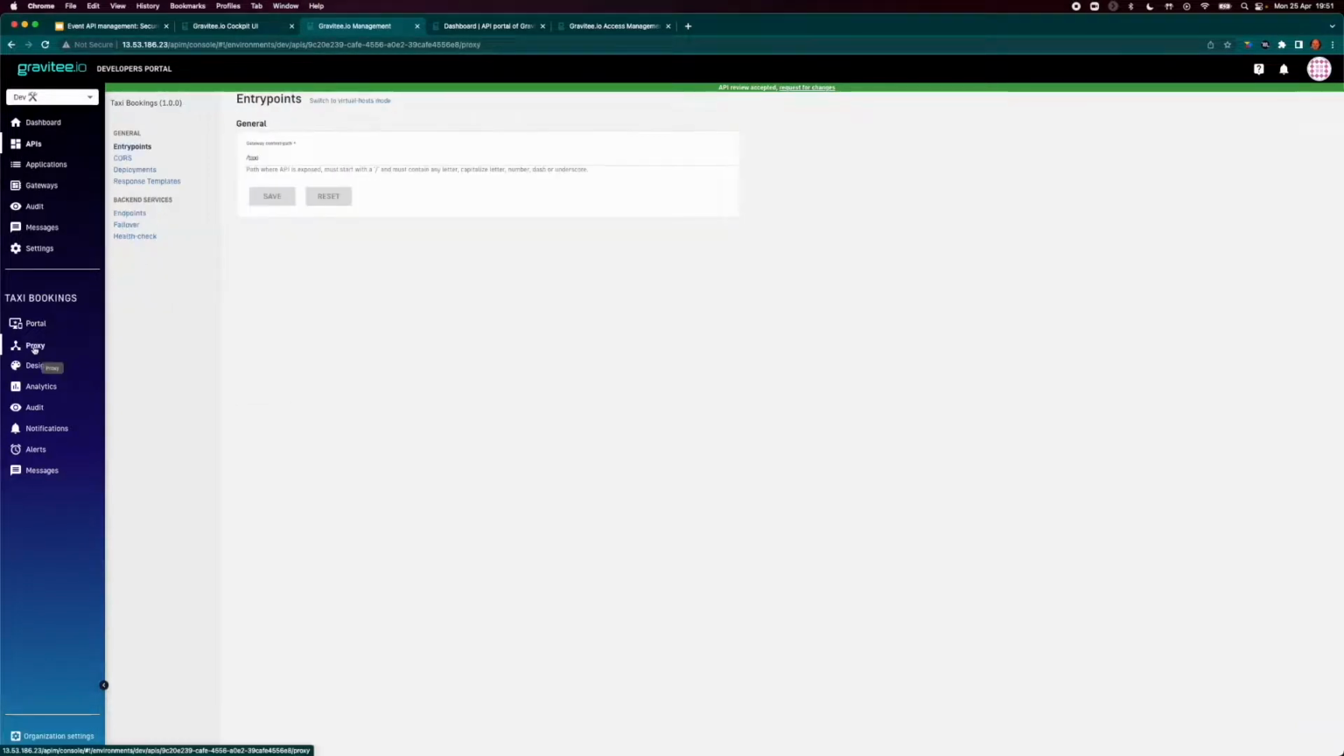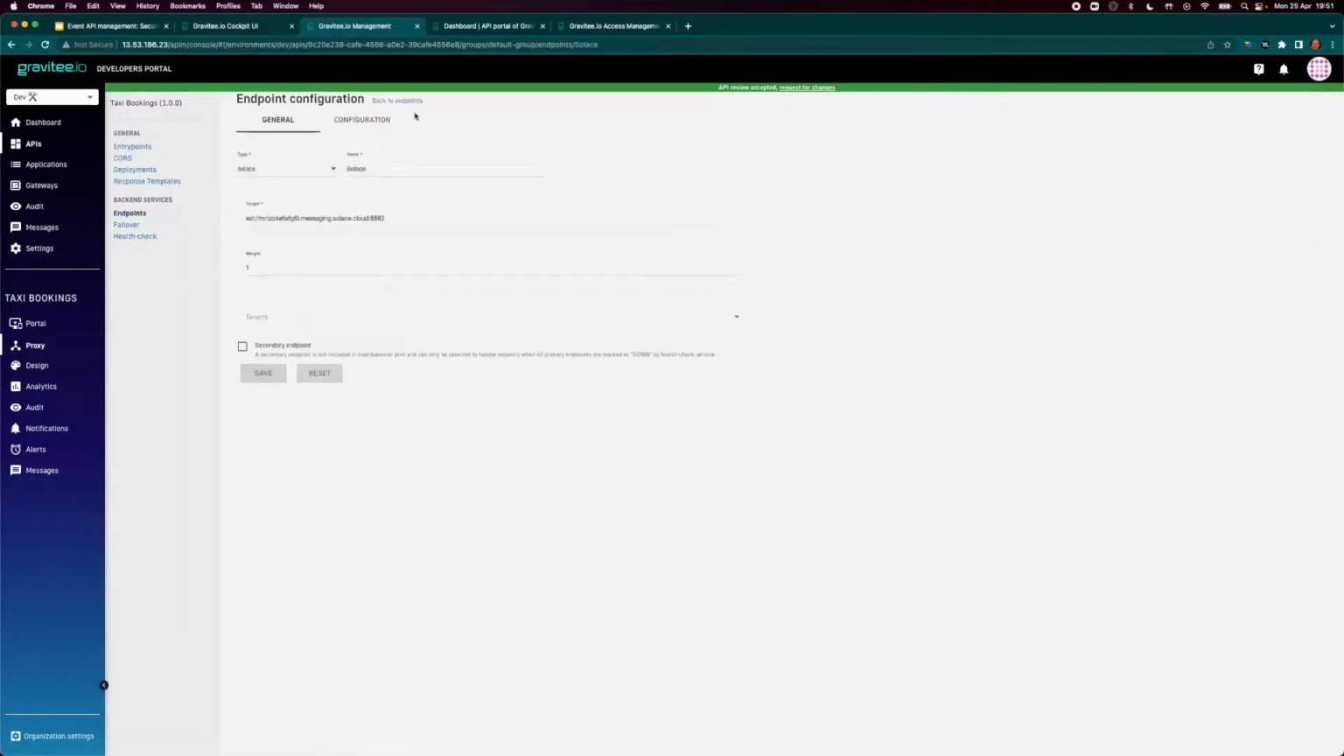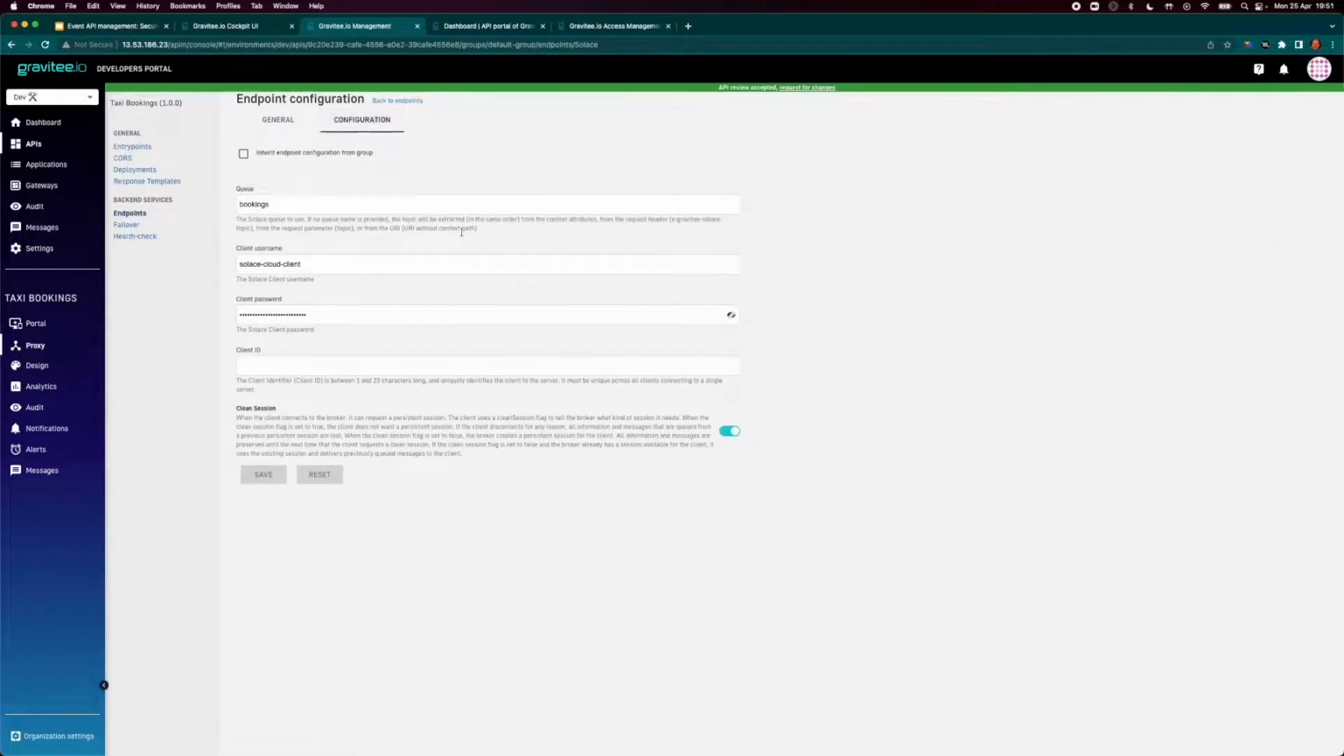In order to define what backend, whether that is a REST API or a broker or maybe a Kafka stream, whatever it is, I have to go into proxy here and go into backend endpoints. What I have here in this particular case is actually my Solace broker. So I have my username and password here for my Solace client, as well as the queue which I want to pass messages to after the Gravitee gateway has authenticated and applied any kind of policies or traffic shaping on